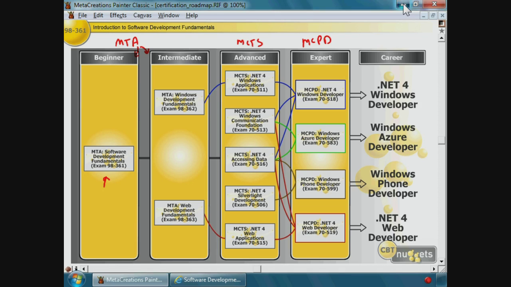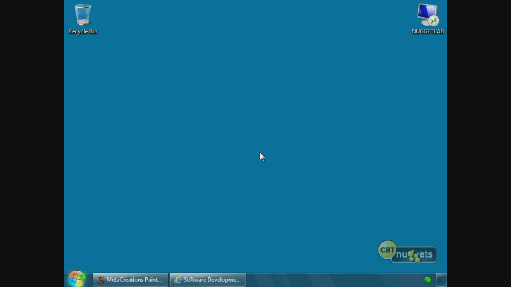Alright, so in this CBT Nugget, we took a look at an introduction to software development fundamentals. We started off with just an overview of software development fundamentals, saw that writing an application and writing a program is really just translating what we understand into what a computer understands by using the tools available to us. In today's tools, we're going to be using Visual Studio 2010, the .NET Framework 4, and the C# programming language to make all that happen. And then we just took a brief overview of the software development fundamentals